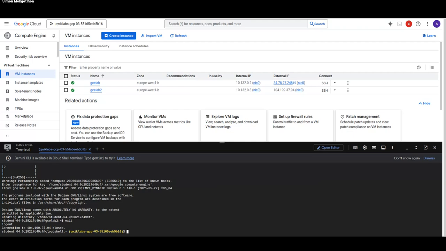Let me read that question again. Through which of the following ways can you create a VM instance in Compute Engine? Is it A, the gcloud command line tool, or B, the Cloud Console? I'll take the first 5 answers and then we will see. Just know if I get this wrong, guys, it's on you.